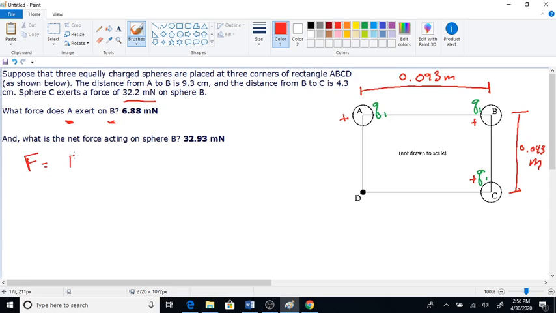F equals k Q1 times, we'll call it QB times QC, all over r squared. Now, let's just fill in what we know. 8.99 times 10 to the 9th, that's our k. Then QB and QC are both Q1 because they're equal. So Q1 times Q1 all over